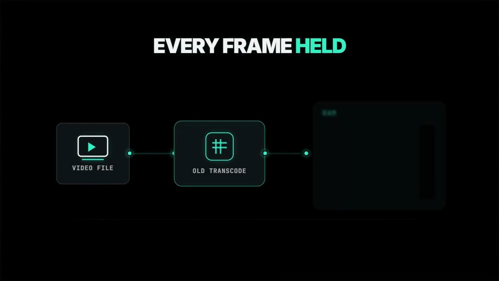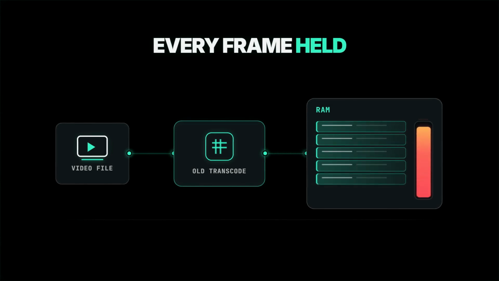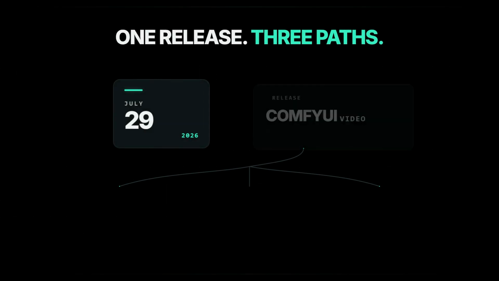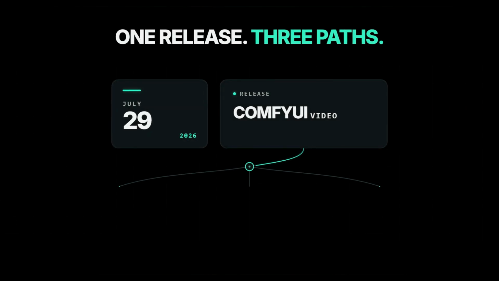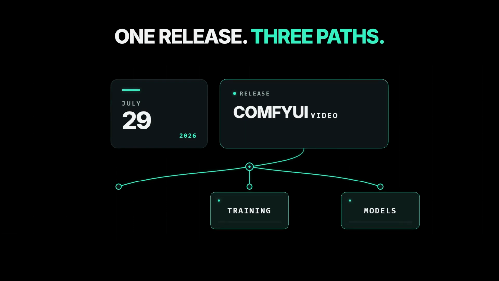Feed the wrong video path into ComfyUI, and the old transcoder could decode every frame into float32 tensors before saving. Longer clip, taller pile, larger RAM bill. ComfyUI version 0.29.0, released July 29, 2026, changes that behavior with streaming video transcoding and packages the fix beside several broader model